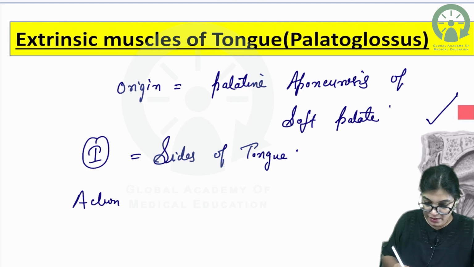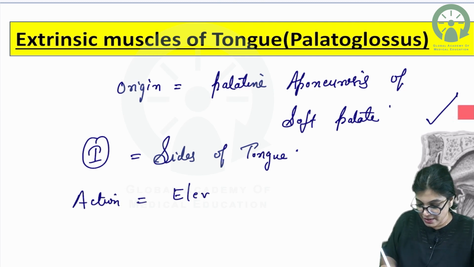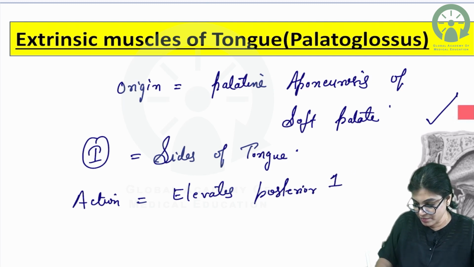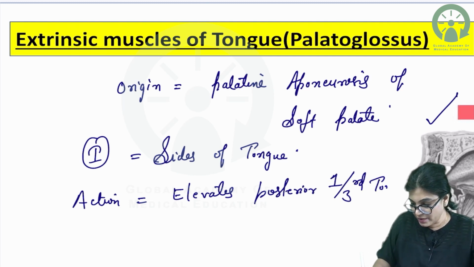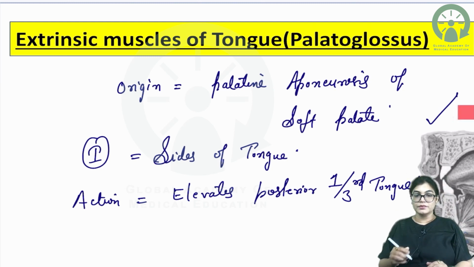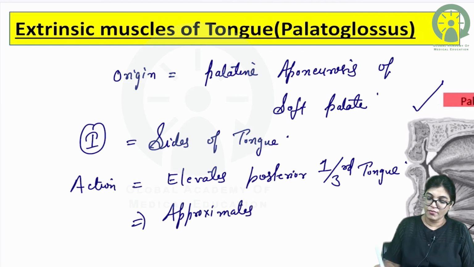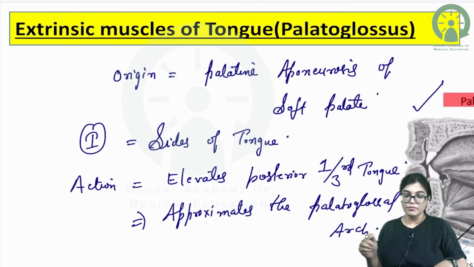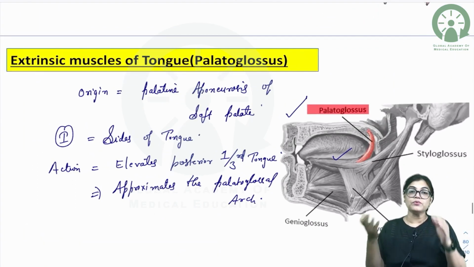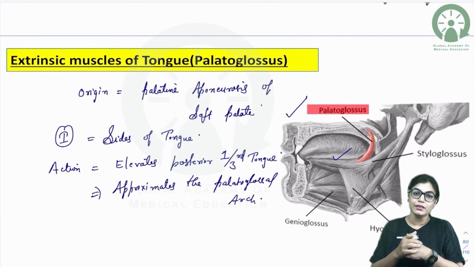Action is: elevates the posterior 1/3 of the tongue. That means it approximates the palatoglossal arch. Now, that means preventing the food particles from entering into the airway